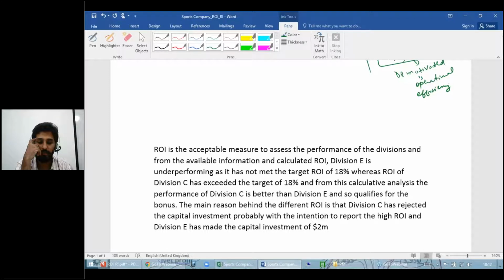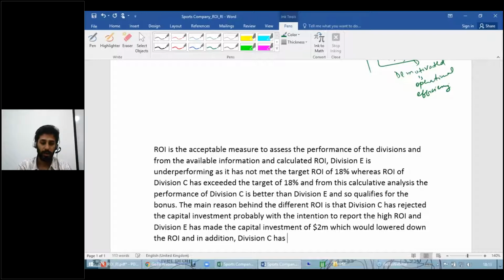Had made the capital investment of $2 million, which would lower down the ROI. And in addition, division C was using the straight line depreciation method, which has the constant depreciation,